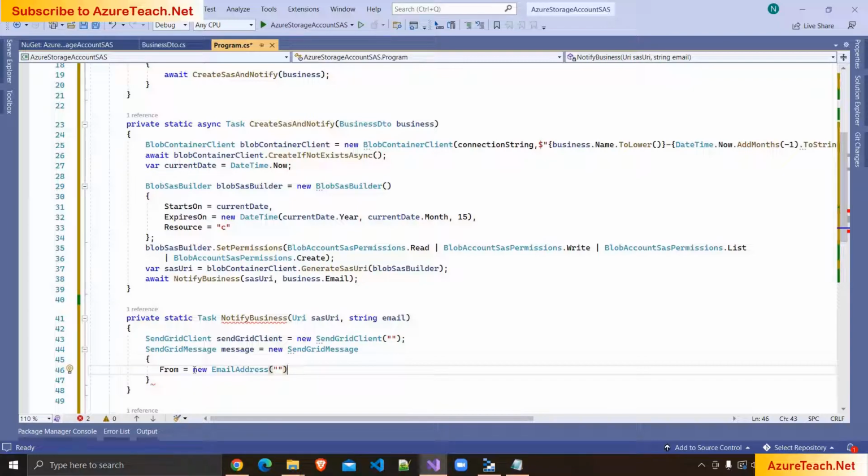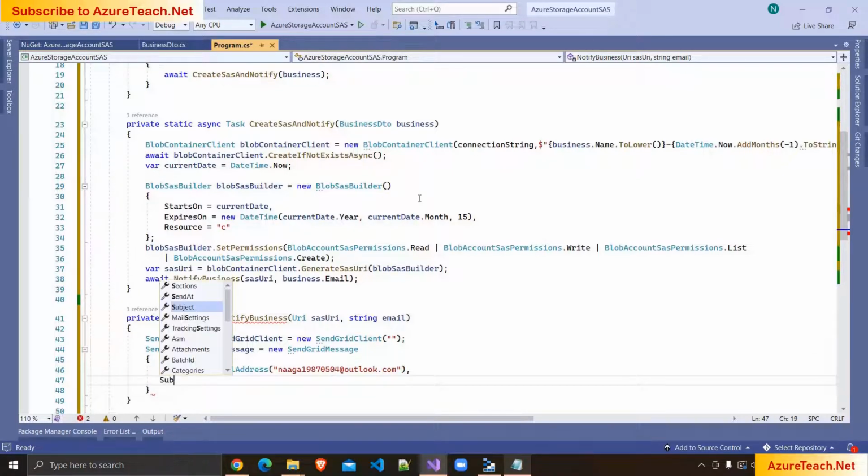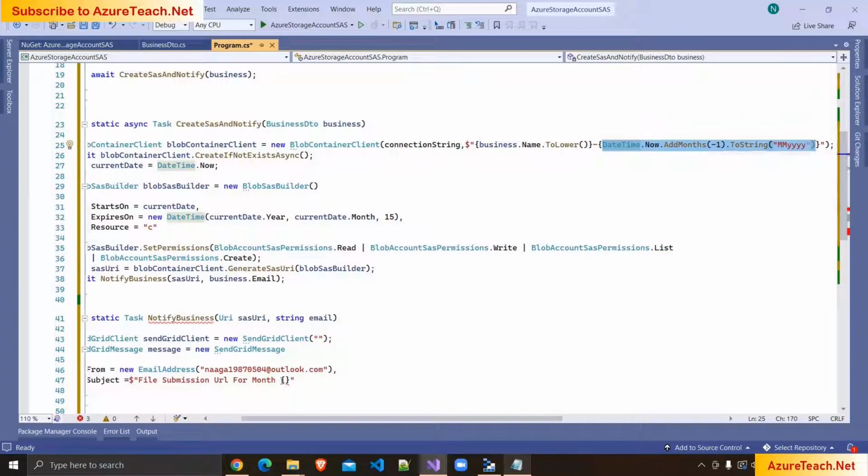So inside this we have to put an email address that is already registered as a sender inside SendGrid. So here I am using the same email address, and after that here we have to mention the subject, and the subject is "$file submission URL for month". So here I'm copying this and pasting it over here, and after that here